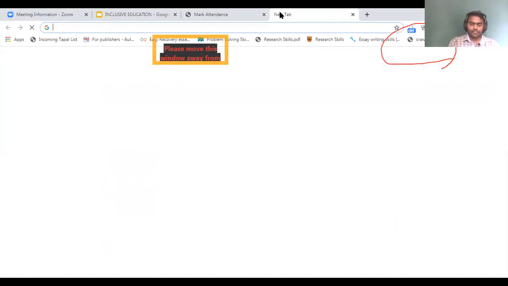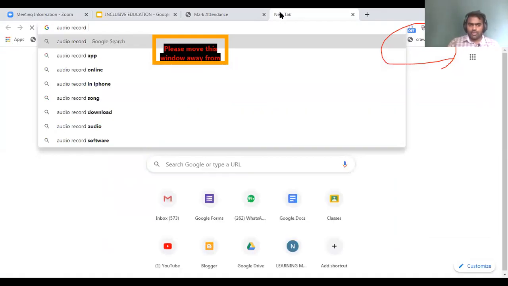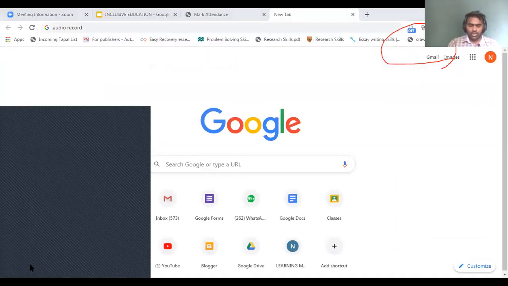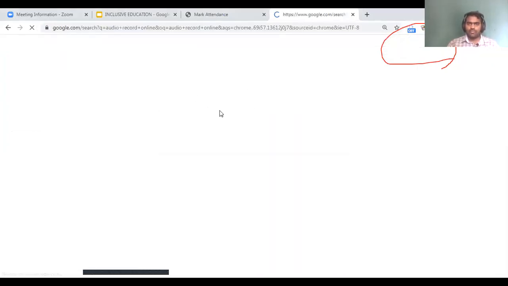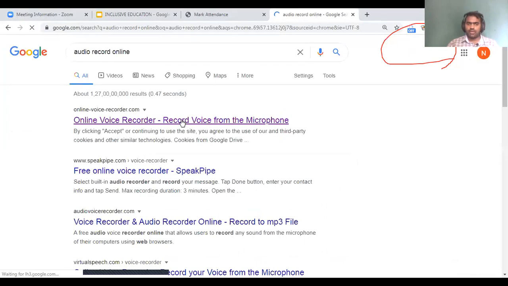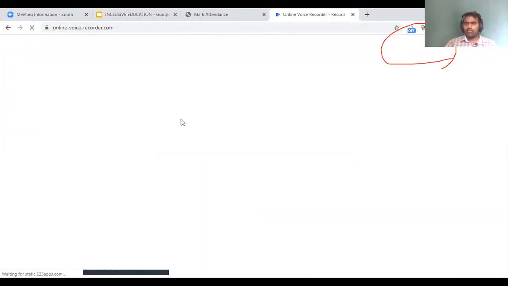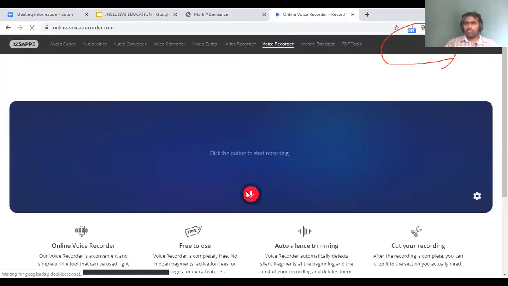You can go to an audio recorder online, or even if you have an audio recorder on your computer, you can do that, or for easiness, I'm using an online audio recorder. You can get some websites which offer you an online voice recorder, open that and record your voice, then take the voice into Google Drive. You have to store the voice in Google Drive. I'm clicking on this record button. Let it get started.